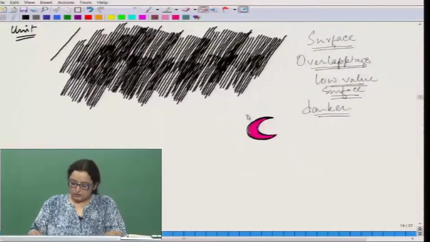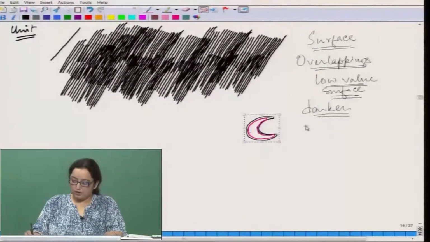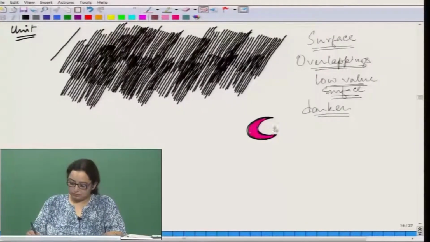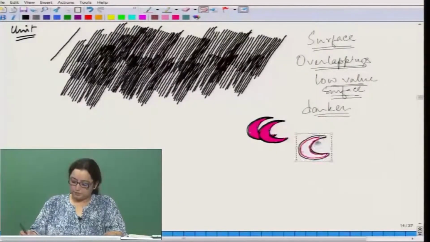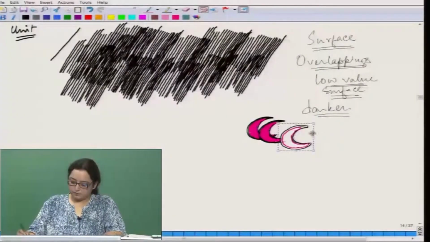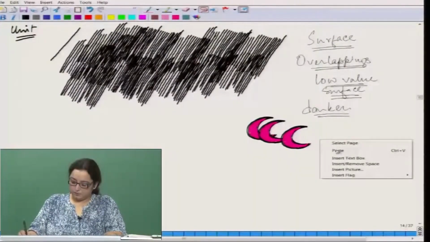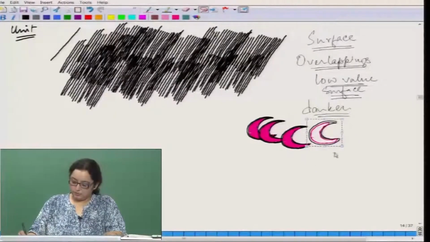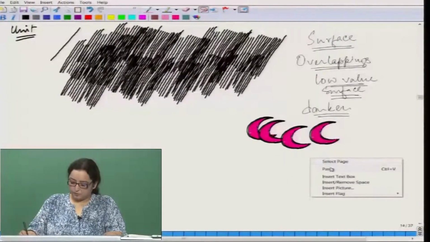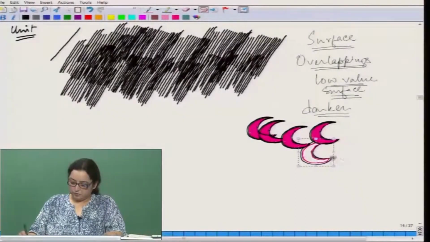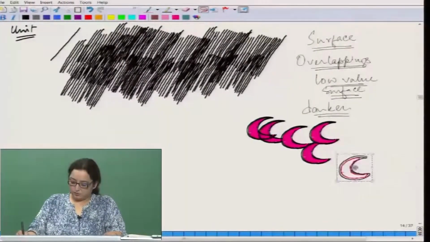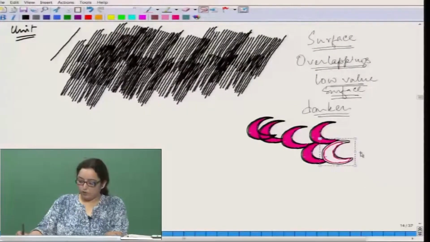We are going to use it as one unit, copy it, paste it, overlap it,